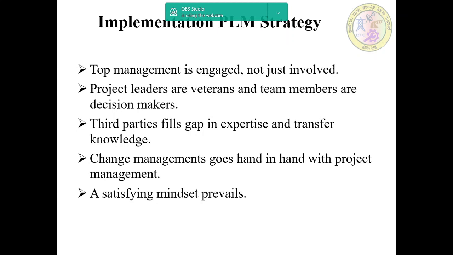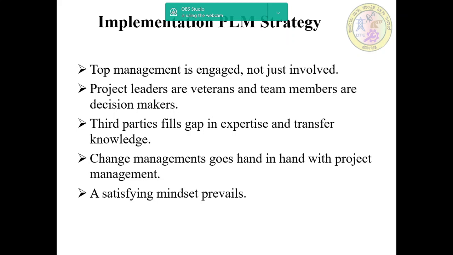Organizations, before engaging the third party process consultant to implement their PLM projects, must make sure about the knowledge and previous experience in implementing valuable projects. Organizations should ensure that the third party not only helps implementing PLM but also transfers his knowledge regarding PLM.